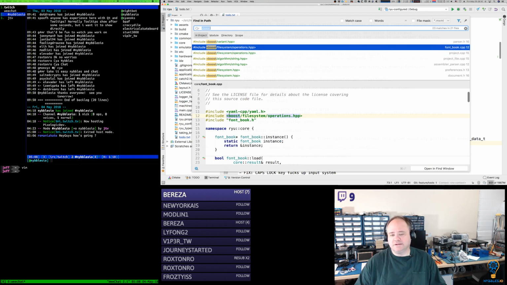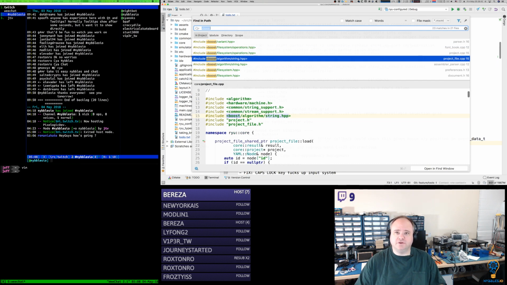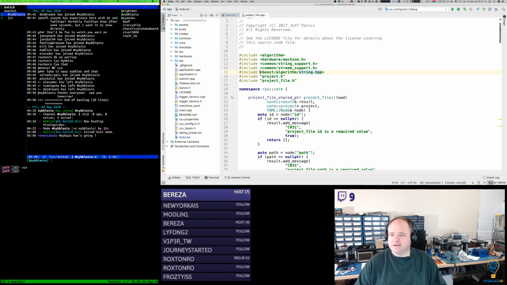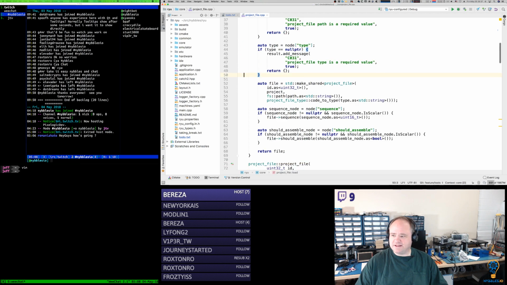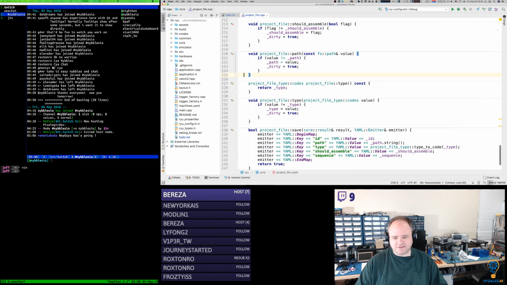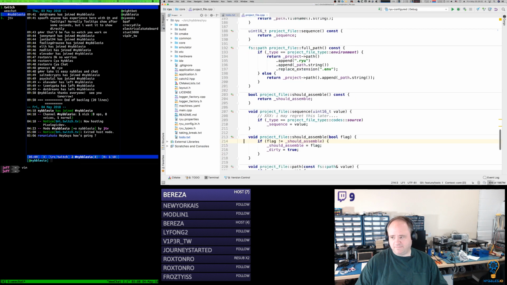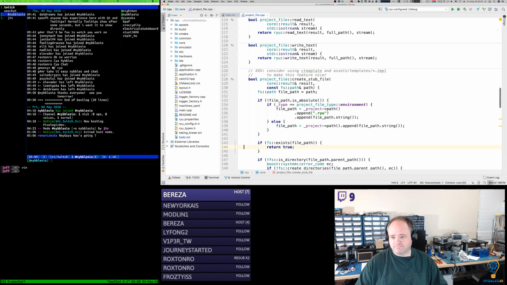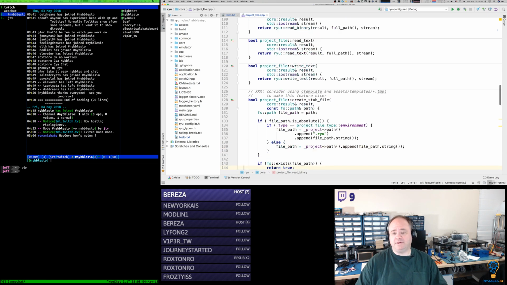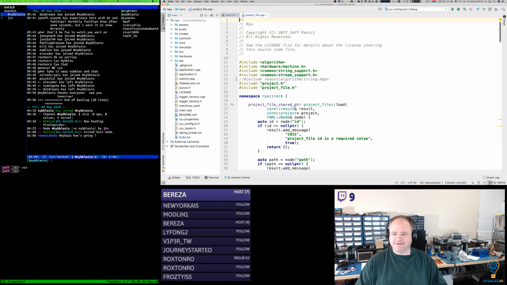So I think most of what I'm doing here I could switch over to the standard file system stuff and it would be okay. The string algorithm, I'm not sure what that is. I'm guessing that's uppercase and lowercase. Maybe. Maybe not. Maybe I'm not even using it for this file.